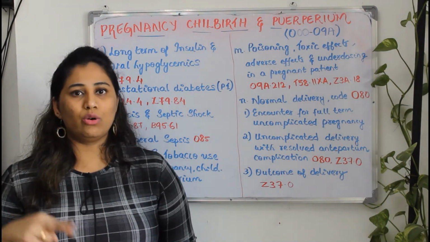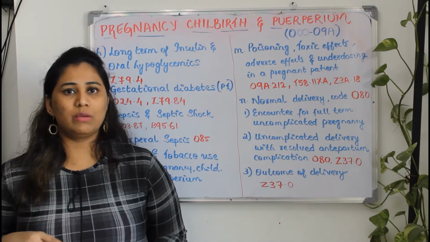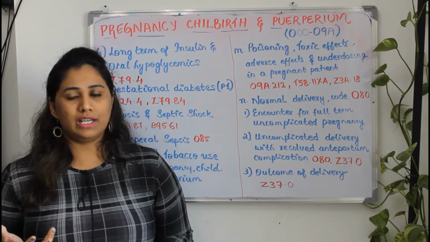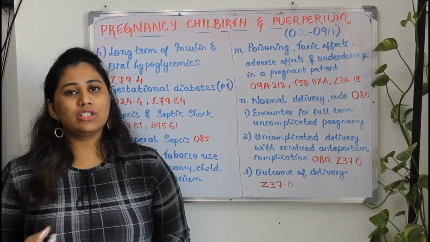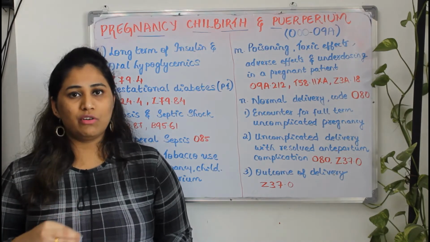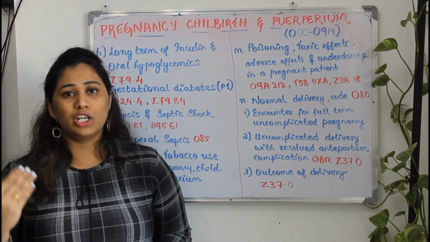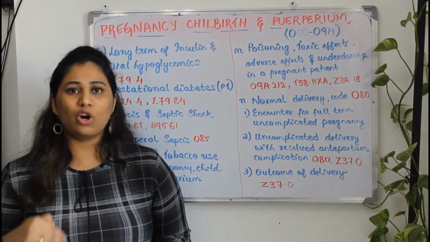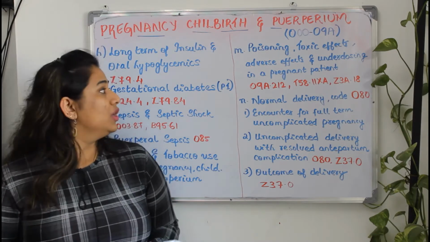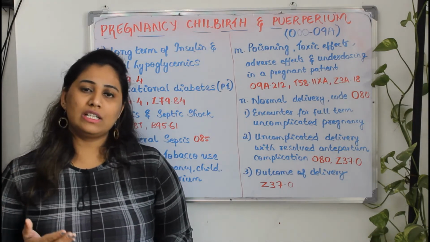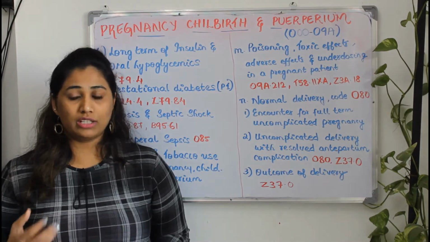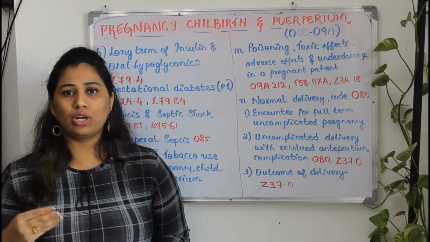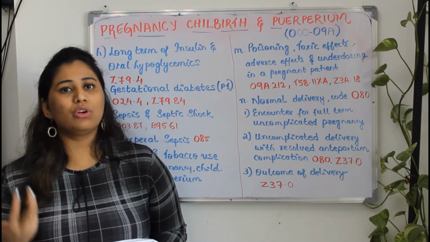So diabetes can occur in two types. It can be pre-existing diabetes mellitus or gestational diabetes mellitus. If it is gestational diabetes mellitus, then that means it is occurring only at the time of pregnancy. Pre-existing means the patient was already having diabetes and now there is a complication for that particular condition. In these cases, if there is a pre-existing diabetes mellitus, the patient must be taking some or the other management for that. Like if the patient is a known case of diabetes and is taking oral hypoglycemics, or sometimes the patient may be on insulin also.